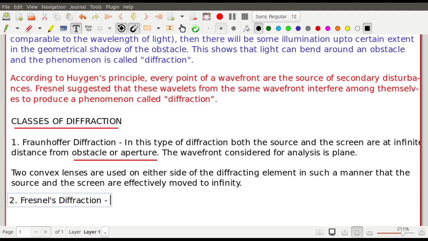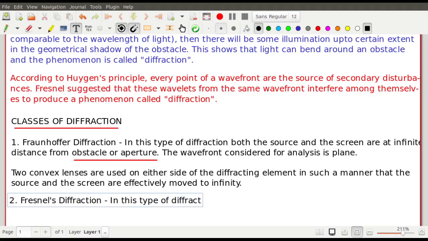প্রথম কিন্তু ফ্রেনেলস ডিফ্রাকশনই ডিসকভার হয়েছিল। ফ্রেনেলস ডিফ্রাকশন কেম ইনটু দ্য পিকচার ফার্স্ট বিকজ দিস ডু নট নিড এনি অ্যারেঞ্জমেন্ট, এটাতে কোনো অ্যারেঞ্জমেন্ট লাগে না, দিস ক্যান বি ভিউড নর্মালি। And you see that Fresnel also suggested the diffraction. So diffraction is basically due to Fresnel. So diffraction এর যা ঘটনা তার জন্য Fresnel এর contribution is the most contribution based on the Huygens principle, right? So Fresnel's diffraction. In this type of